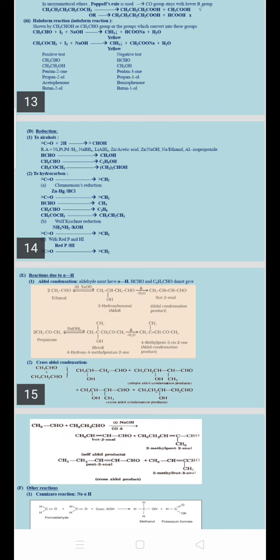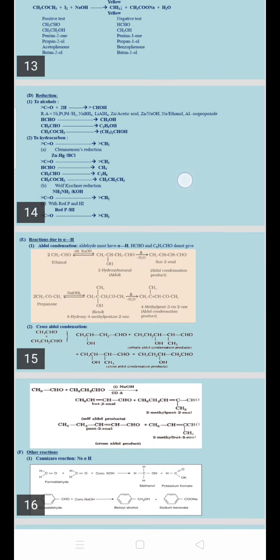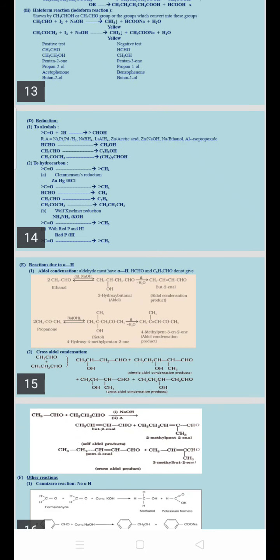Now who is the catalyst here? The catalyst can be sodium borohydride, that is NaBH4, or lithium aluminium hydride, or it can be nickel, platinum, palladium, or hydrogen. So these can be used as a catalyst, and I will be getting alcohol. Now look into the first reaction, HCHO. What is HCHO? It is formaldehyde. So formaldehyde is reduced to methanol. Look at the number of carbon atoms. In the reactant you have only one carbon atom. Similarly, in the product you have one carbon atom, which is nothing but methanol.